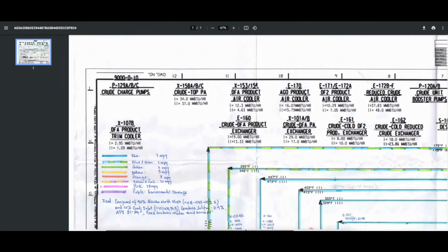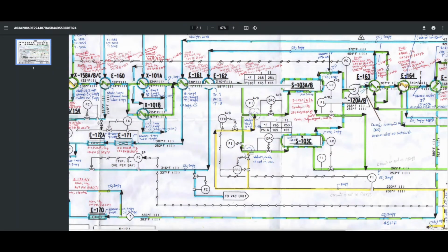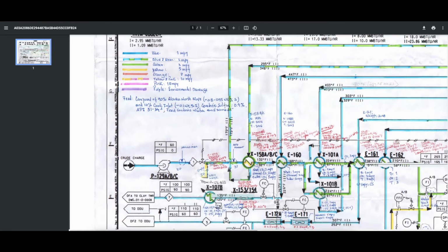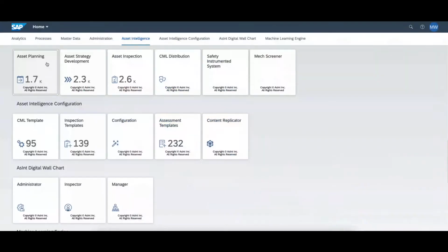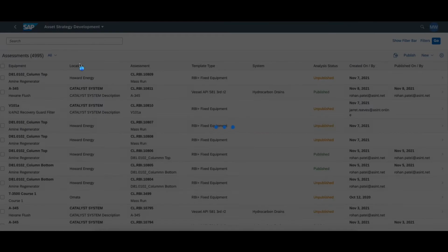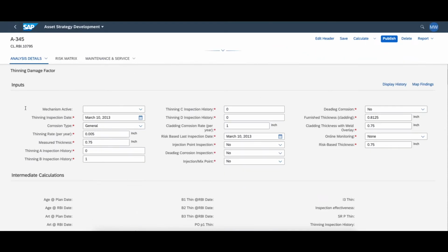Highlighting just a few of these documents. First, this corrosion diagram, where we can zoom in on a specific asset and see what the corrosion engineer has assigned to that asset. For example, we can see here that the engineer has assigned 2 mils per year of expected corrosion. Then, looking back in the program and finding the RBI assessment on our asset, selecting the thinning section of the assessment template,